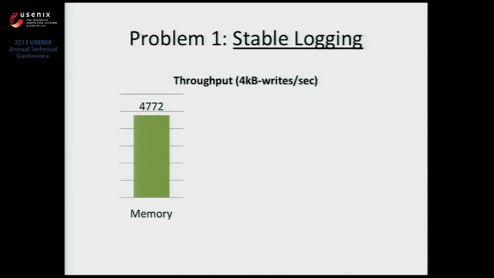So when we try to run this system, doing some writes of 4 kilobytes, if we do everything in memory, like you do the logging in memory without using the stable storage, I'll have this throughput, around 4,700. If I do the same thing using asynchronous disk writes, there will be a small penalty due to going from application layer to the operating system, but the writes are done on the buffer cache. We don't get durability from this. At least not the strong durability that we want.